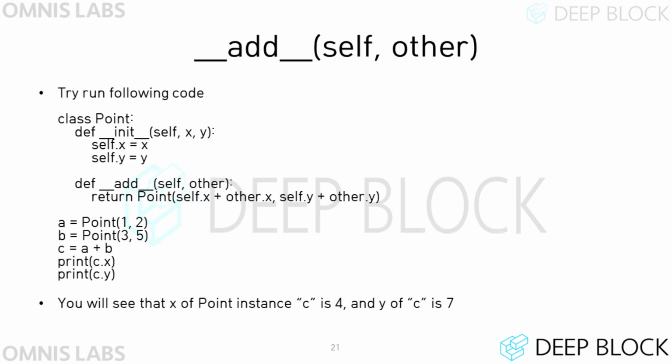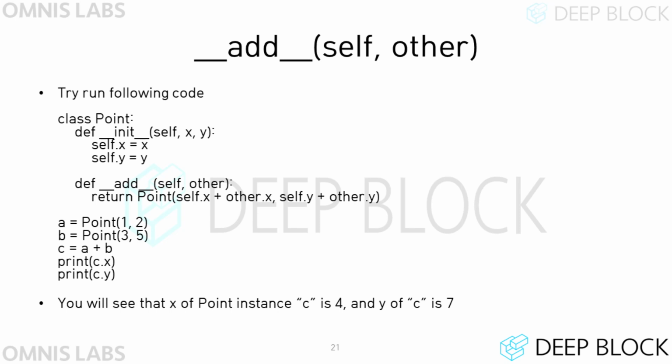Try running the following code. The add method is a method that can be defined in any class and allows programmers to use the plus operator between two instances belonging to a certain class. However, if the add method is not defined, the plus operator cannot be used, and this add function must return some value. For example, the point class shown in the slide returns a new point instance, assuming that another instance is passed to other. You can think of a plus b on the slide as a.add(b).